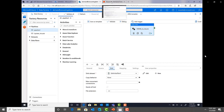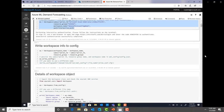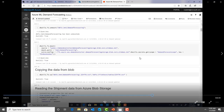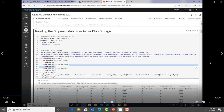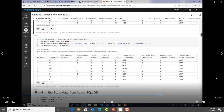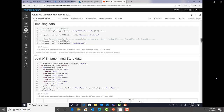So at that point, Azure Databricks picks up that data file and does its transformation and creates a model. And this is what I'm going to show you here, the steps that Databricks goes through by ingesting the data, copying the data to blob, reading the shipment data from blob. Okay, and you can see every step of the way. You'll see the results here, so you can see what the output is. Reading the store data from Azure SQLDB, inputting data, joining the shipping and the store data,